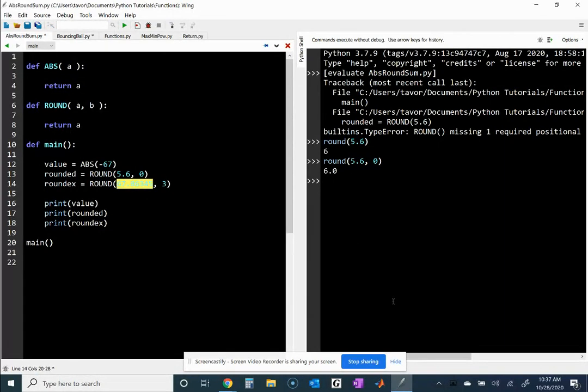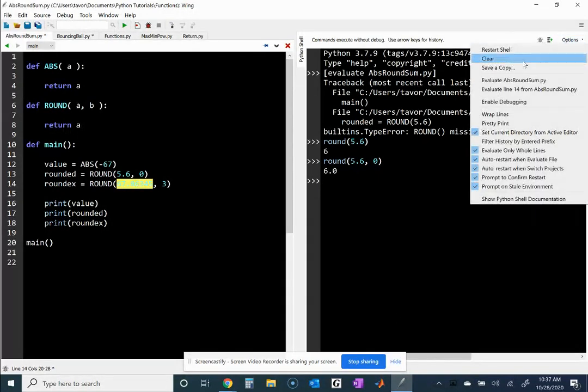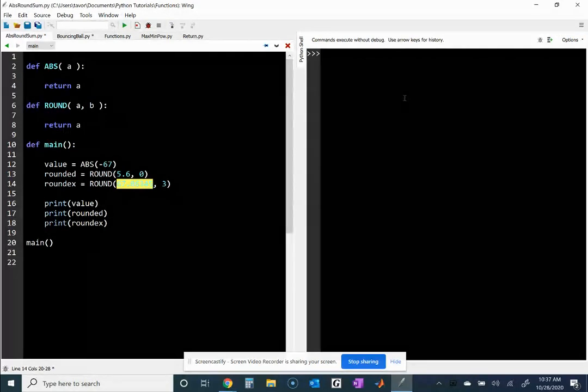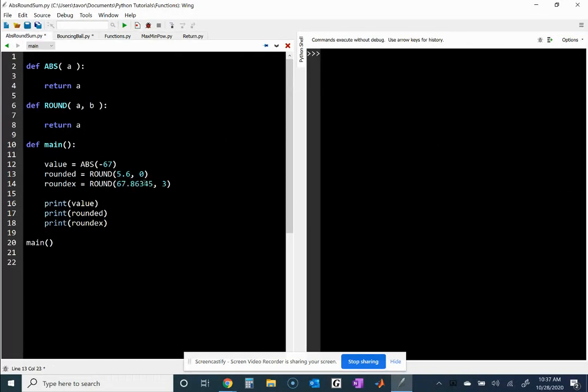I want to try to give you as much help as I can here without giving it away. So let me show you how I think about rounding this. Say I have 67, I'm going to write it down, 67.86345. And I want to round to 3 places after the decimal. That means I want this right here, the 863,